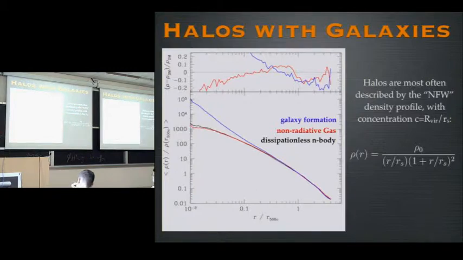This is a plot of the density profile of a halo. You have probably all seen something similar before. The N-body halo, one example of one halo, is the black line, which is close to this red line on this plot. And you can see just by looking at this density profile plot, which spans many orders of magnitude, that the galaxy formation simulation has a huge density enhancement at the center. That's just the formation of the galaxy.